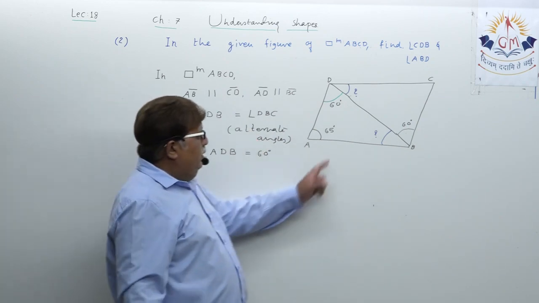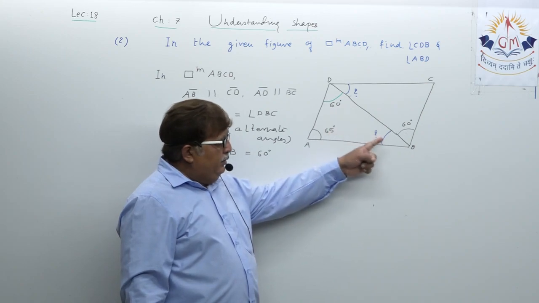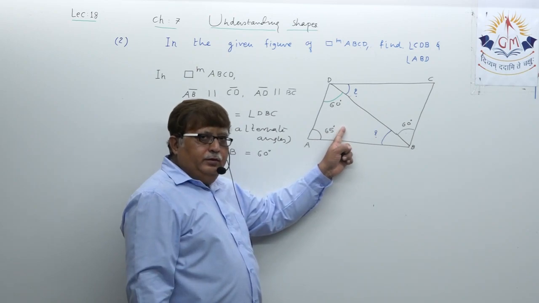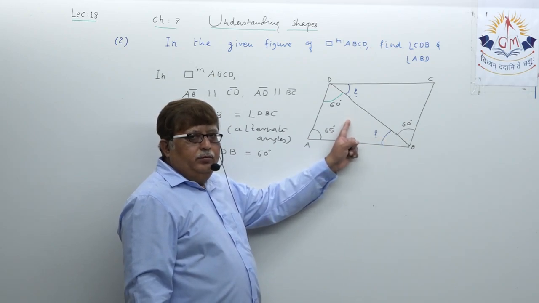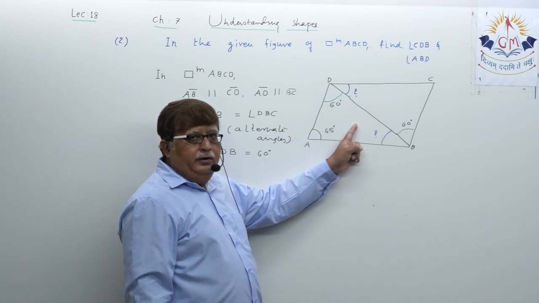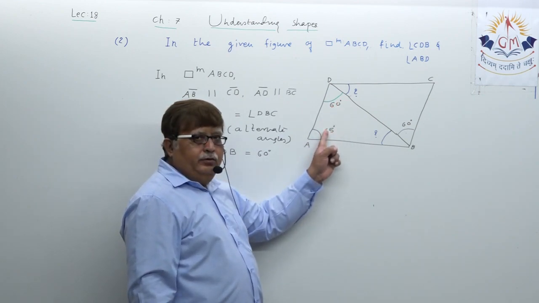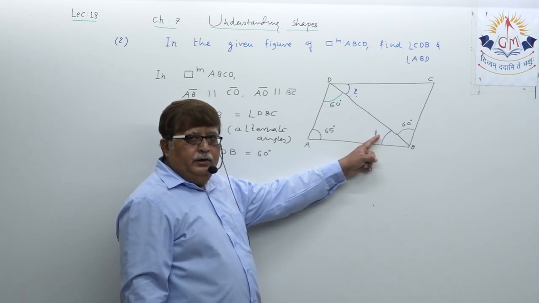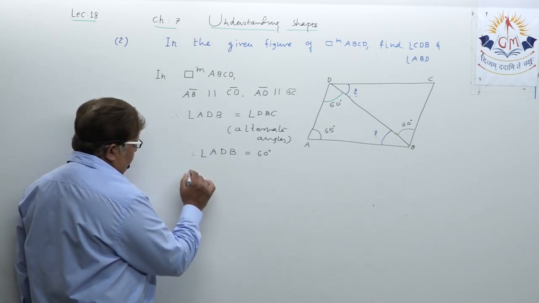Okay. Our target is not this angle. Our targets are this and this angle. Now dear student, let us first try to find this angle by considering this particular triangle, triangle ABD, in which two angles you know. So obviously you can find the third angle easily. So I am writing this way.